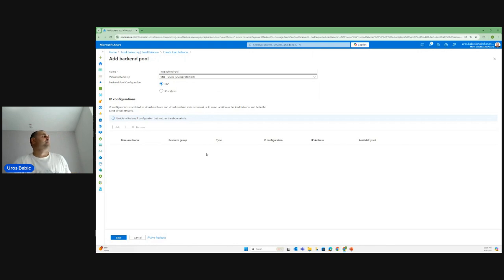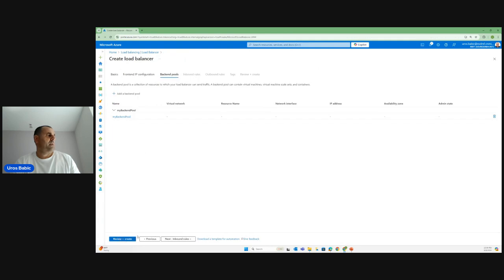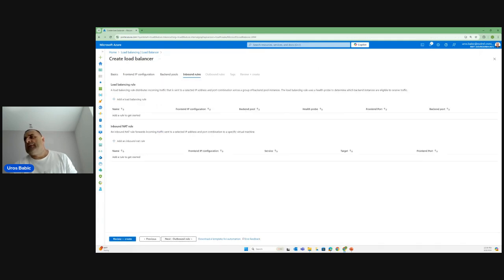In the DDoS Protection Resources group, of course. And I can select here IP address for backend pool configuration and select save. Next, I can define the inbound rule for the load balancing: I can add inbound,